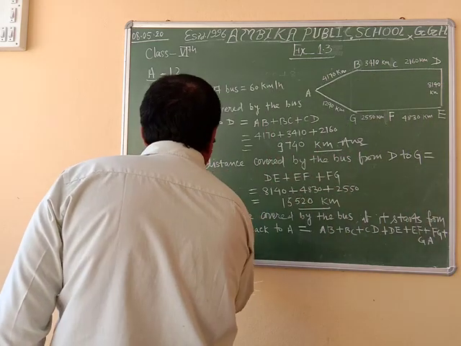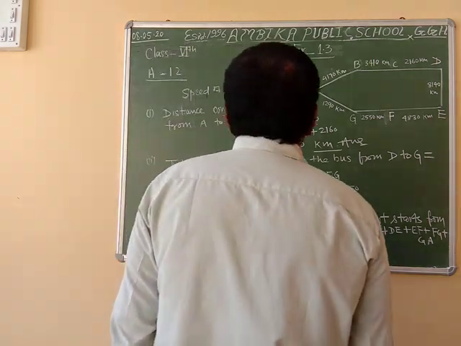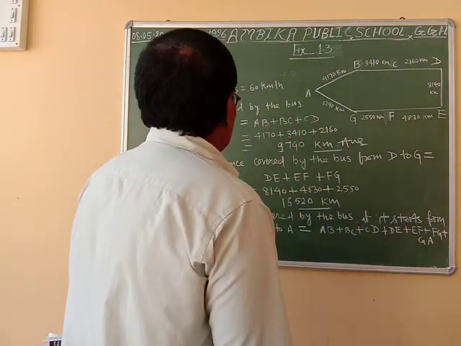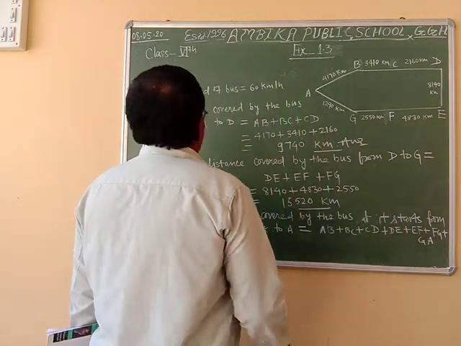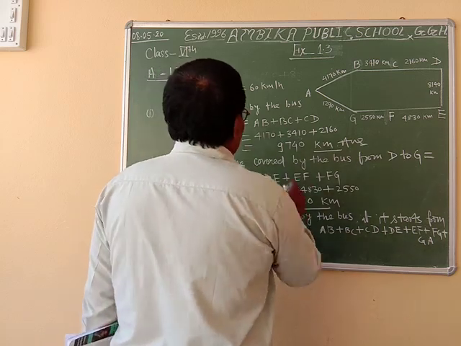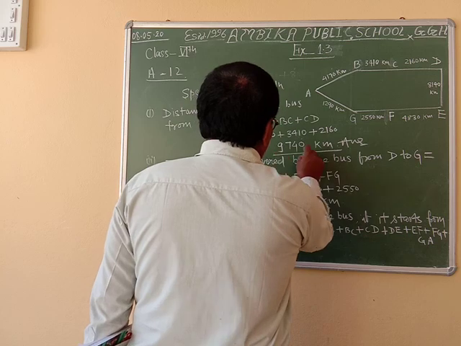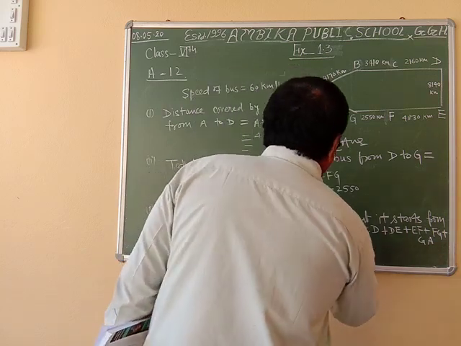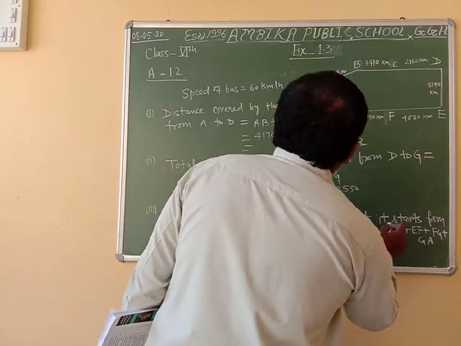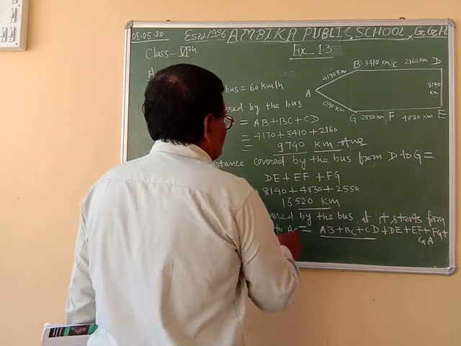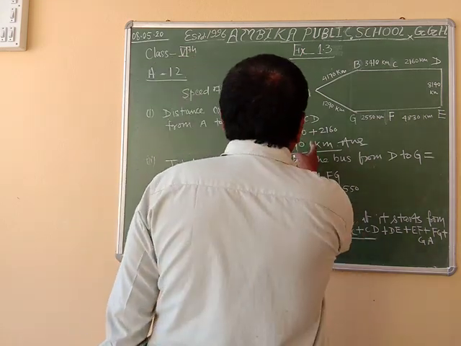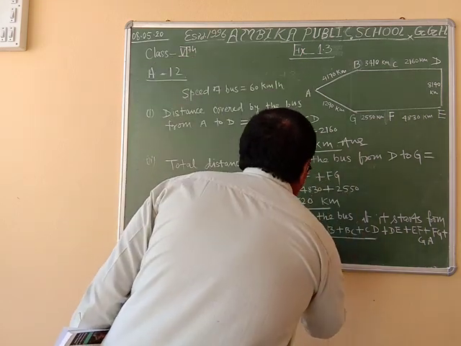We have AB plus BC plus CD, which is equal to